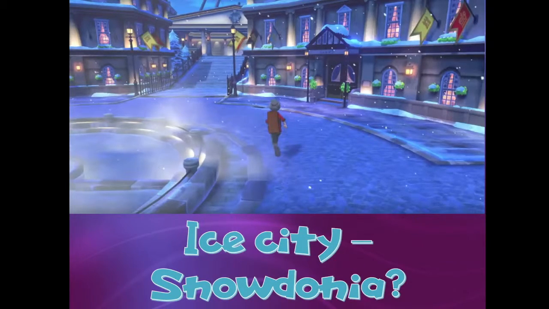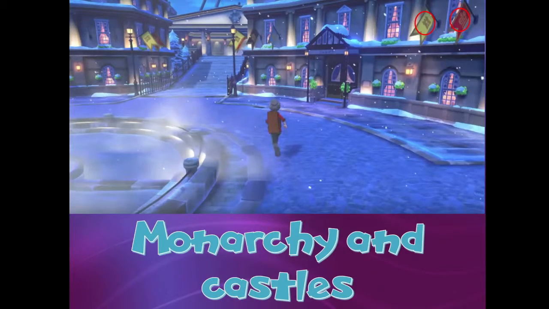But you can see in the background what I'm assuming is either a museum or the gym, because you can see the same poles that came out of the grass gym on the stadium. And it does look like on the map the gym's going to be above the museum kind of area. Now, if you take a look, there seems to be a monarchy and castles in this